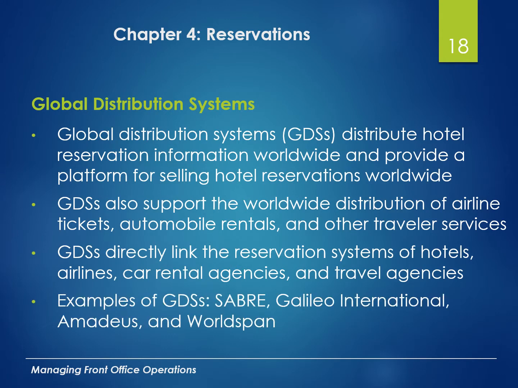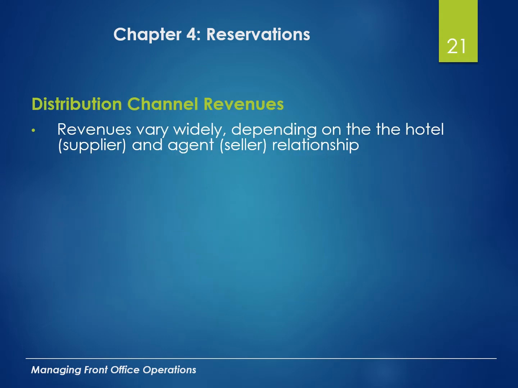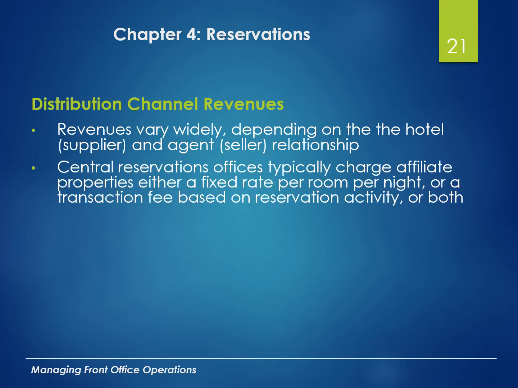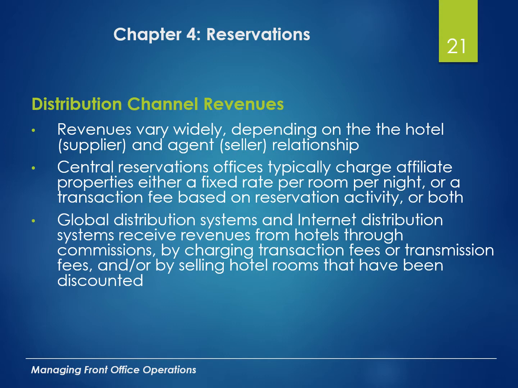And then lastly, when it comes to revenues that distribution channels bring in, obviously property direct is the most revenue, where we get the most revenue from those reservations. Okay, with the central reservation offices, whether it's the affiliate or non-affiliate, people have to pay a fee for that. There's a small fee generated because obviously you're paying for the service for somebody else to make a reservation for your hotel. It's usually based on a fee,